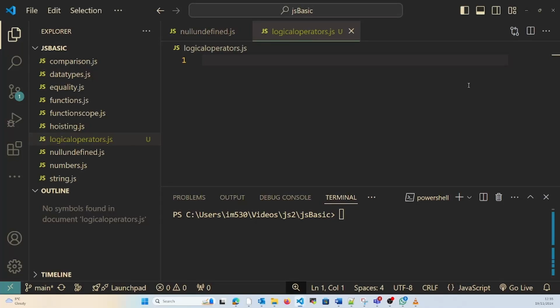Hi. So in this video, we are trying to understand the logical operators. Those logical operators are and, and or, which is or. So if I have two things to compare, if